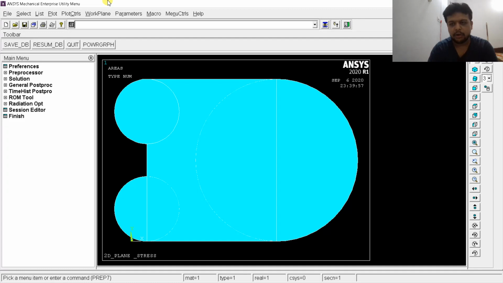Now again I will draw a rectangle in between the centers of these two circles. So the starting point I will take at this point, and this will be the length and this will be the height. What should be the length? It should be 20 units, equal to the radius of the circle. Now what will be the coordinate of this point?